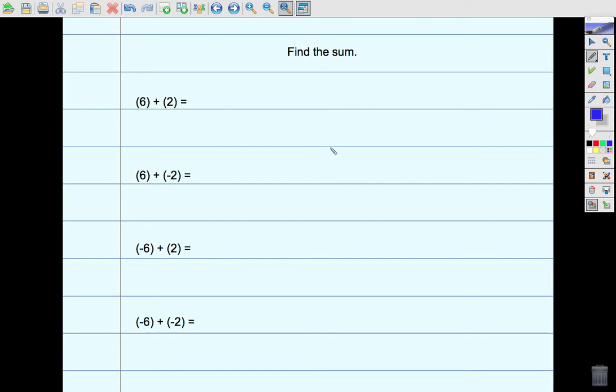So we're now going to find the sum of these values. And I'm going to use one number line, that way you don't have to see me draw each time. So I'm going to go 1, 2, 3, 4, 5, 6, and 1, 2, 3, 4, 5, 6, negative 6. So my first one,